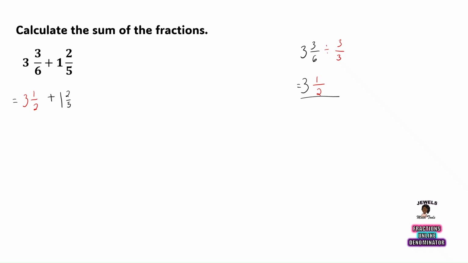Okay, so I hope that you paused the video and worked through the question for yourself. And now I'm going to work through it, and let's see if we arrive at the exact same answer. So as always, I am going to begin by adding my whole numbers like I usually do. So I'm adding my whole numbers now of 3 plus 1, which will equal 4. Remember, we're leaving 4 at the side until we're done. And now we're going to focus on our fractional part of 1/2